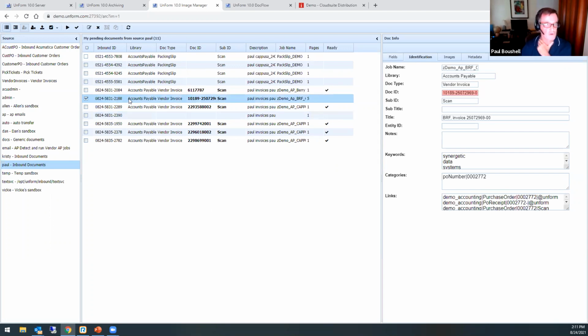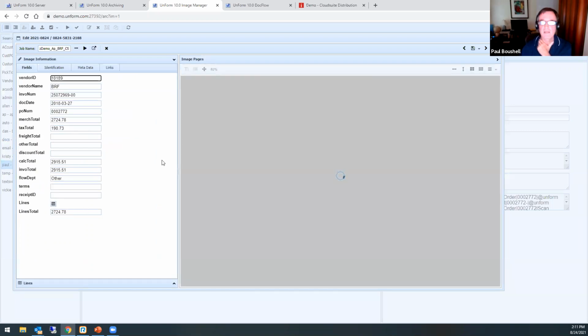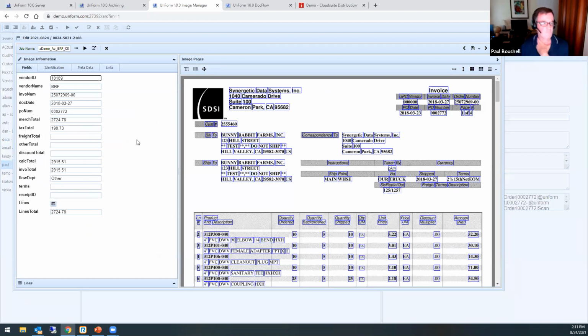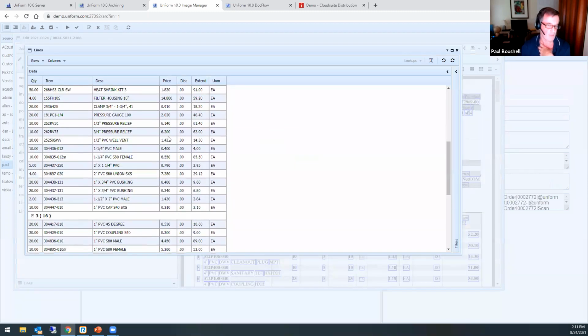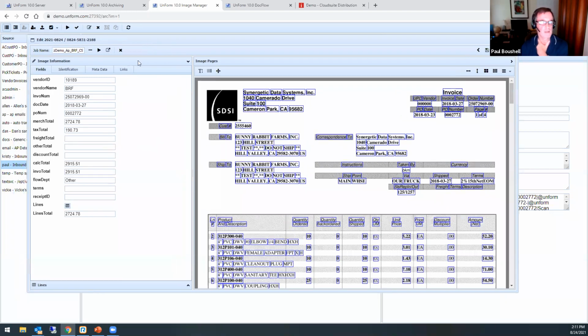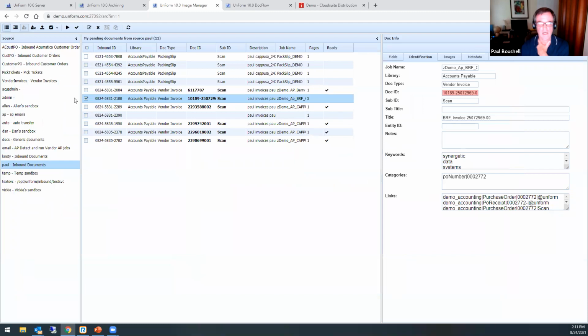Now these job definitions can also be configured to extract line item detail. So the one we just looked at, it's indexing it and getting it into the archive automatically. But we can also extract the line detail from a document. And then once we've gotten that, we can create a transaction out of that. So it could be the EDI-10I file. It could be a BOD. It could be whatever it is you need to be able to import it into AP. And then once this job's finished, it's going to push that document over into the AP Invoice Center.